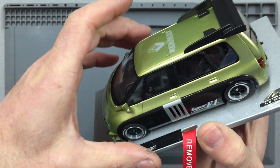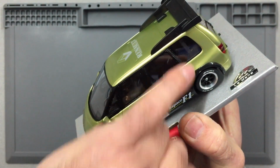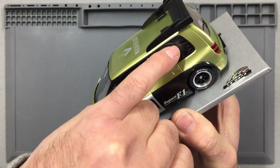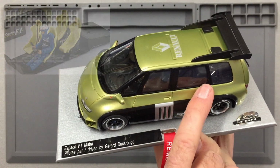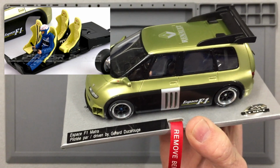And it'd be easier to see when I take the body off, but there's actual ducts that run down on the inside of the body as well as the scoops on the roof to take the air down to the back discs, and that isn't present on the non-running model. So also this particular running version, you've got black seats, whereas the non-running version hasn't got black seats, it's got